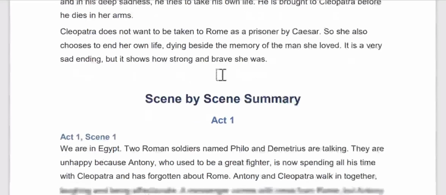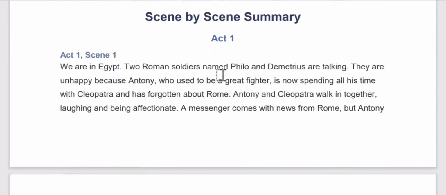Now, for you to actually understand how the story unfolds, I want us to go act by act, then scene by scene. So let us talk about Act 1, Scene 1. Now we are in Egypt. Two Roman soldiers